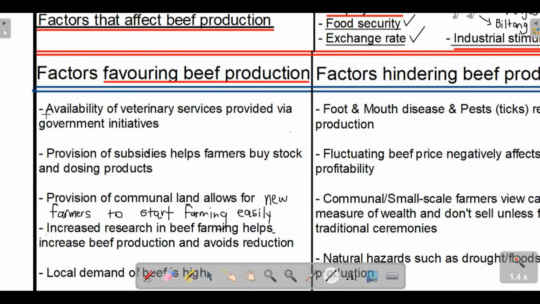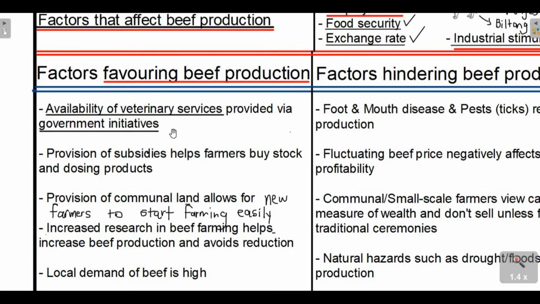The first reason is the availability of veterinary services that are provided via government initiatives. So the agricultural department will host or go into these rural areas or farms with their veterinarians, right? So a veterinarian is a medical doctor for animals, right? You usually see this in TV if you watch news, where you have the agriculture department visiting some of these areas with their doctors, having these health checks and giving them doses and advising them, essentially, providing them with information,